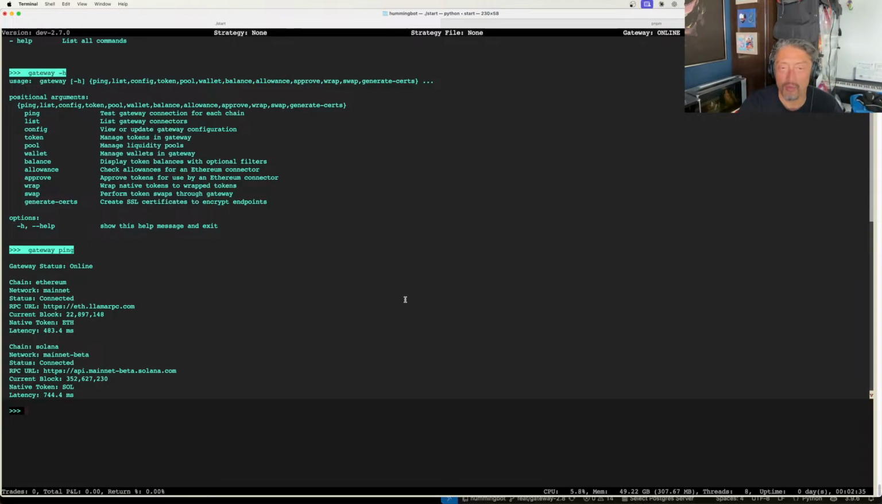What this is doing is running the status endpoint for each chain and showing you what they are. So this gateway ping command will be helpful in just knowing, are you connected to a chain? What's your latency for the connection? So right now I'm using the public